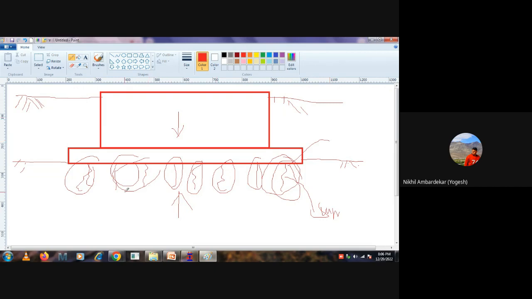Because of this load, soil will try to deflect, correct? If you go to the seashore and press that wet soil, it will deflect. You can find your foot impression, correct? Why did it happen? Because the soil was deflected, maybe by